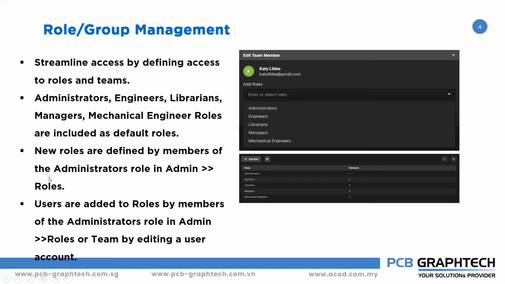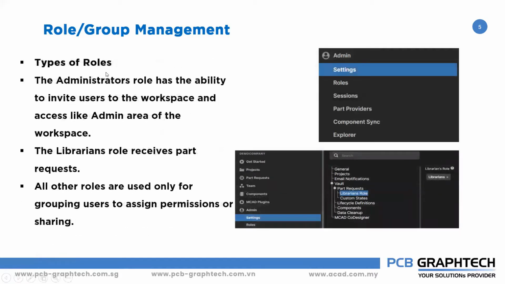You can see in the picture, you can add your own roles, and then you can add the members. Who are all the members? Here you can see the admin has only one member. Like that, for the engineers, you can add users to become members of the role, and you can give them the access. Okay, so again in the role and group management, under the admin, there are some settings you can do, but this is based on the admin role.